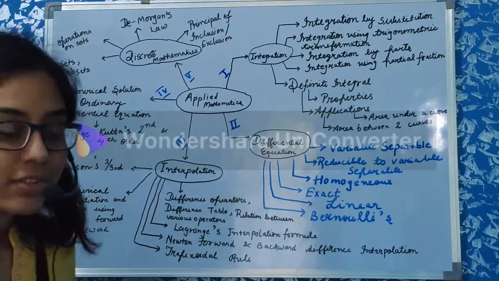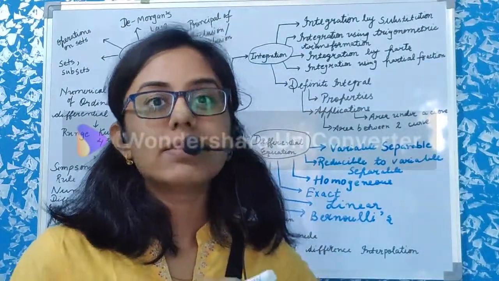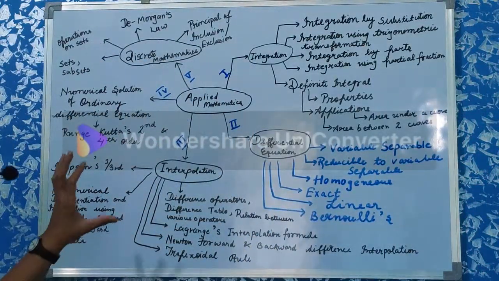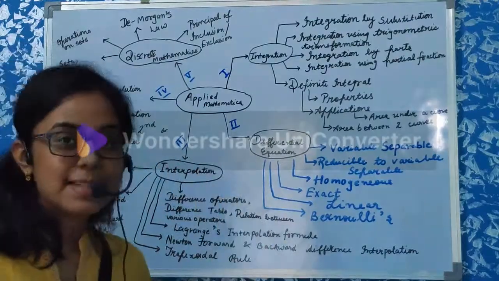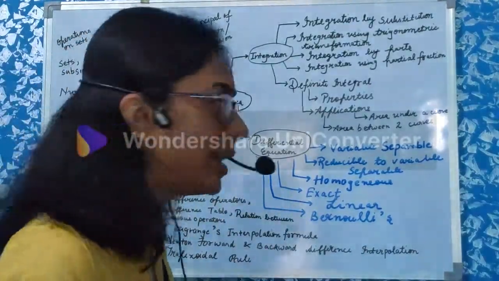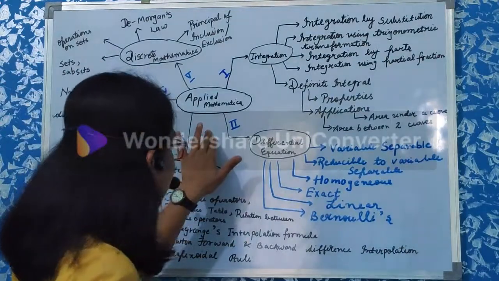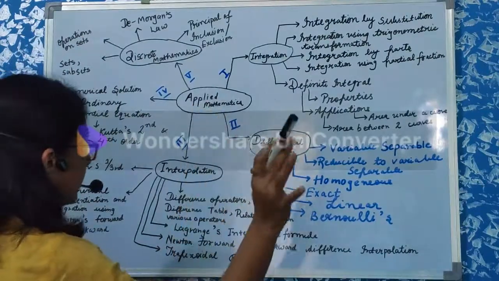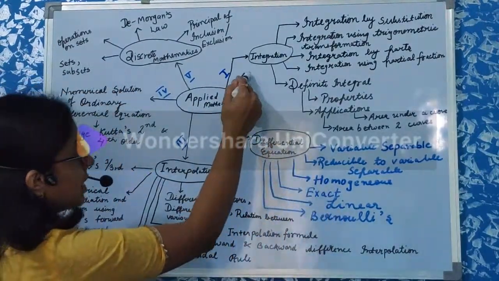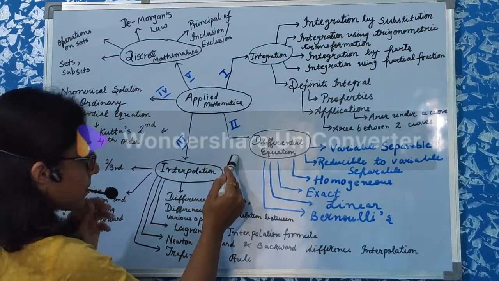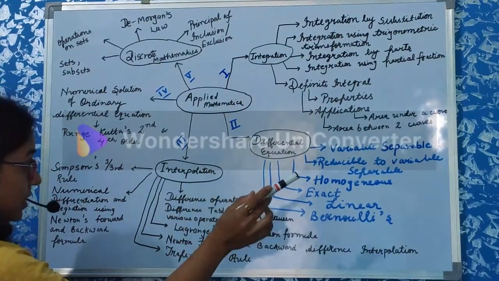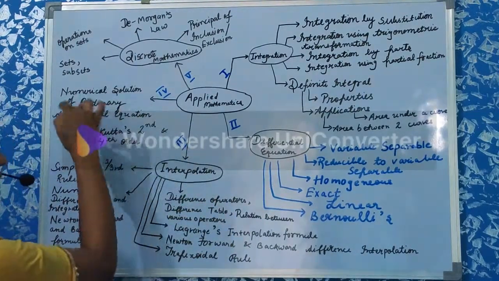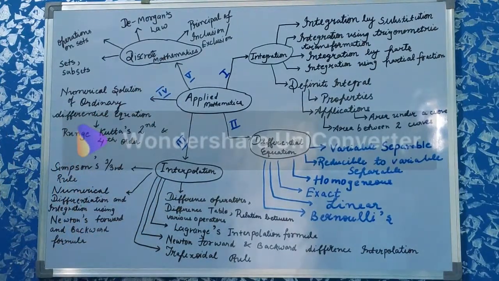The first lecture, actually I wanted to introduce you to the syllabus distribution of applied math. So, this is the diagram and it might seem Chinese to you, but let me break it down for you. Basically, in applied mathematics, we have 5 units. Just go with me. First unit is integration. Second unit is differential equation. Third unit is interpolation. Fourth unit is this bigger one, and the last unit is discrete mathematics.